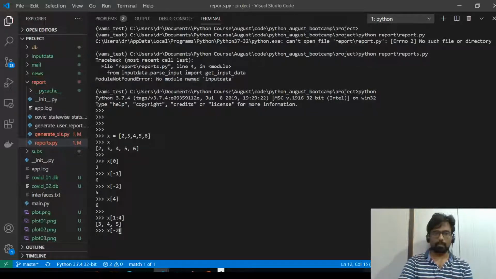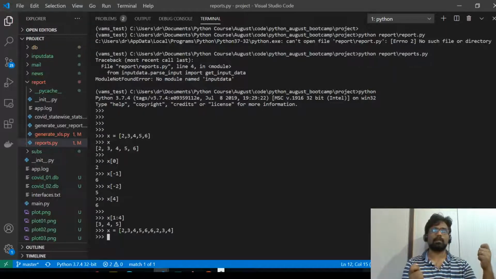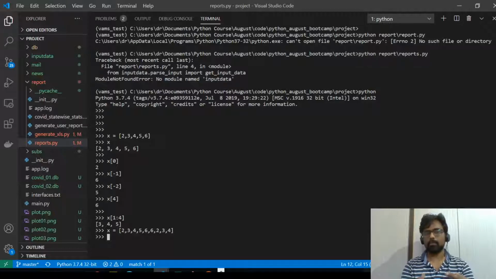And then, in one of the classes I think I showed you, but let me just add a few elements, 2, 3, 4. One of the things that you need to know is there will be some kind of duplicate elements in your array or the list, and you need to remove the duplicates. So as you know, sets cannot have any duplicates.